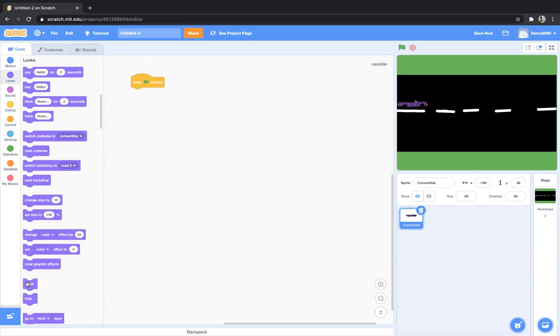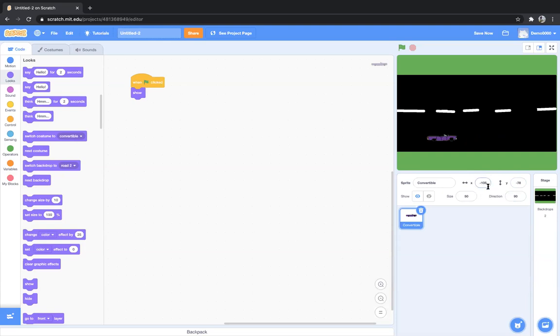So from the looks, what I'll do, choose this show block. Now I also want to give an initial position to my car from where the car should start in the game. Okay. So see, when I hold my car and place it anywhere on the stage area, these coordinates change. See here the coordinates are written, right? X coordinate and Y. X is the horizontal line and Y is the vertical line. Okay, so the X and Y coordinates keep on changing whenever I am moving the car anywhere on the stage area.